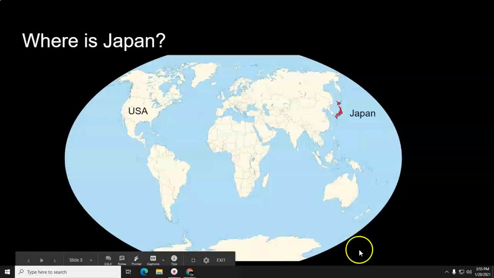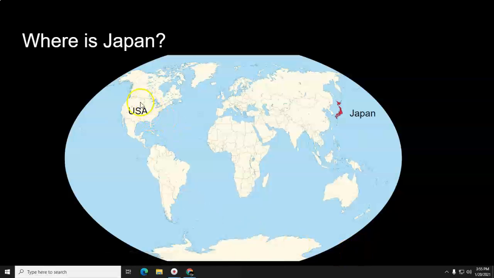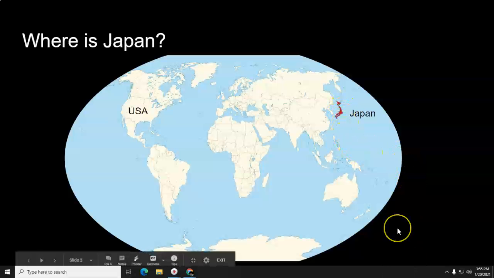So where Japan is on the world map, you can find us over here in the United States and North America. Actually, we're right about in here somewhere. And right across the world is Japan. Japan is off the coast of China and a wee bit of Russia. And it is not as far south as people think it is. A lot of times when people are asked to pick out Japan on a map, they're down here. But it's a lot more northern than expected.